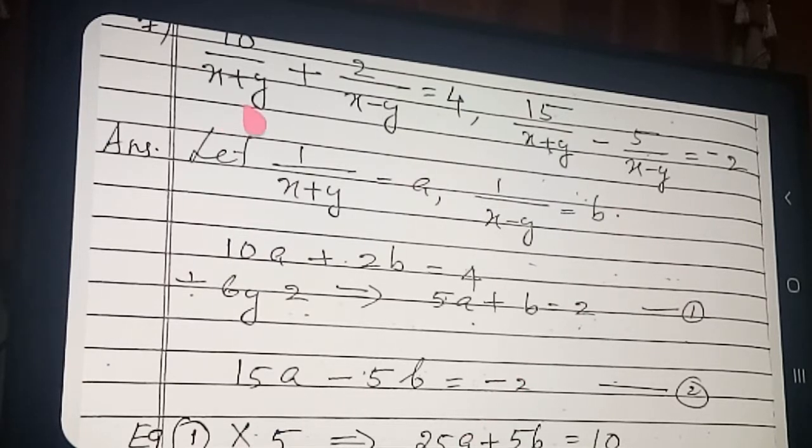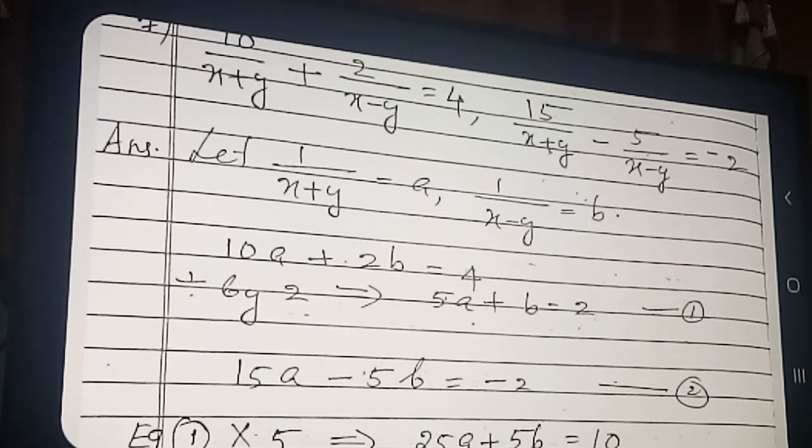In the first equation you can see we reduced it now, something common was there. Which was common? 2. So throughout divided by 2. So what you got here? 5a plus b is equal to 2. This is equation number 1 and this is equation number 2. See properly. Are there any common coefficients anywhere? No. So here minus 5b and here plus 5b is coming, it is easy. Only you want to add them.